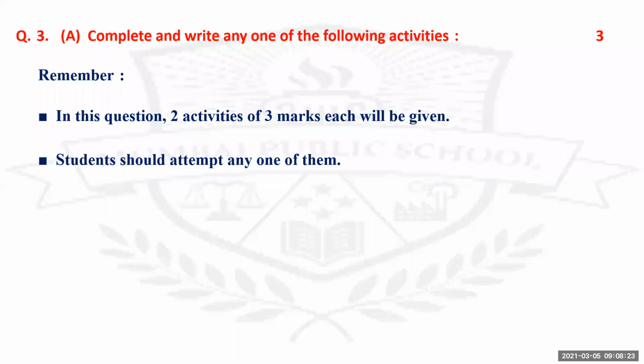It's also an activity question that comes for 4 marks. Question 3A is also an activity question that comes for 3 marks. So activity questions will come for 7 marks and they are very easy actually. They are very easy for you all to answer. Understand? You can score maximum in this question.